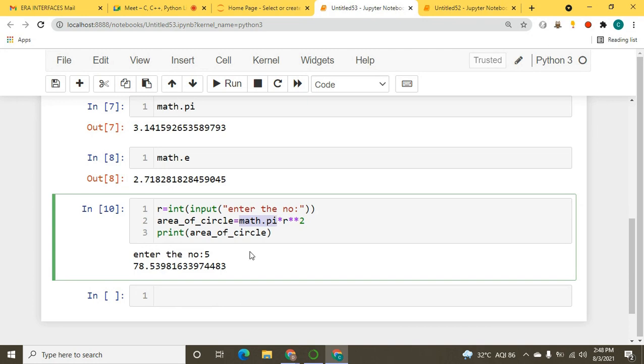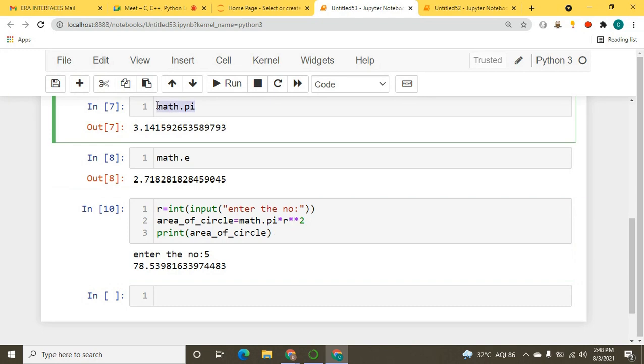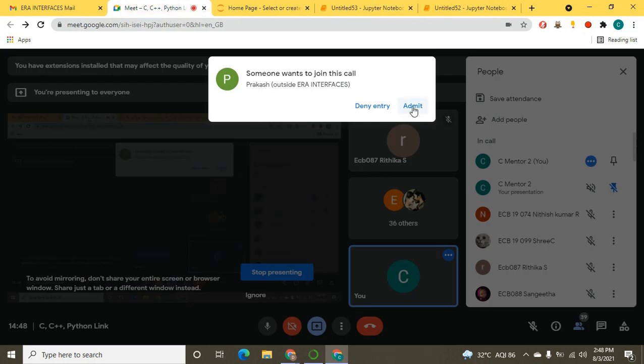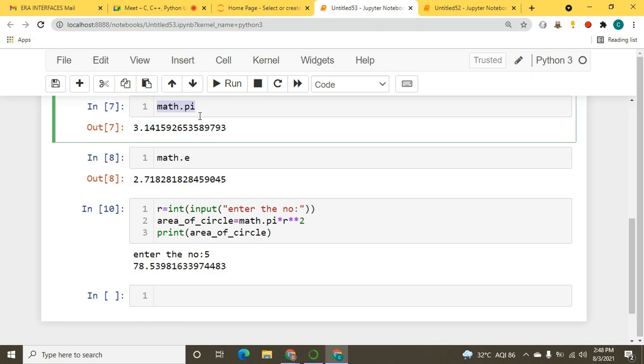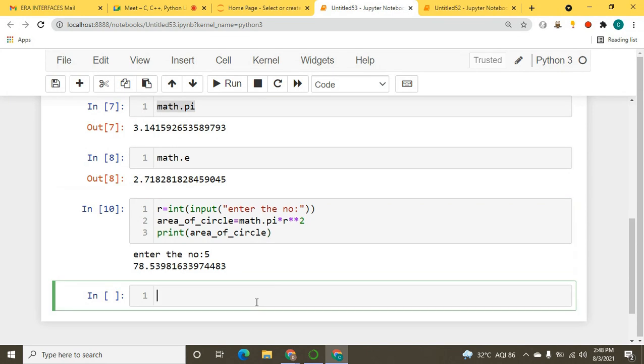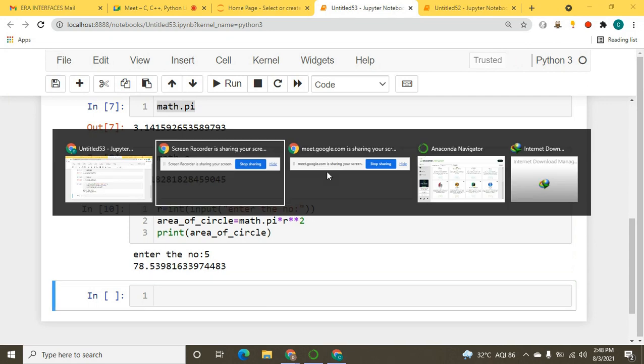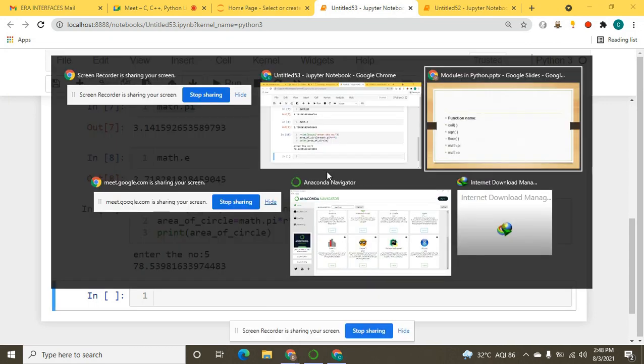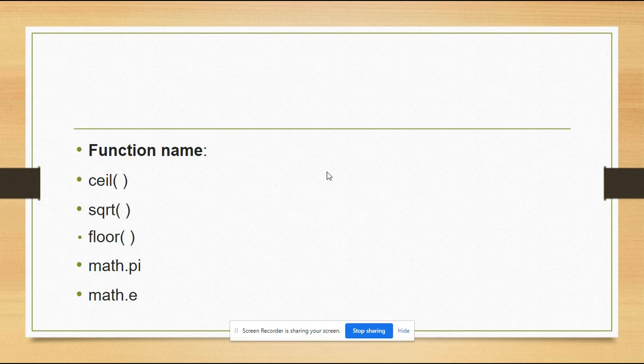Okay. So when I print the area of circle here, I will get the result. So math.pi value, you know very well now, will be taken from here. Okay, so if math.pi is required in the program, it will directly pick up the value. Now we will get the result on our screen similarly like this. So I hope I'm clear with this math module. So similarly, if you want to use some more methods of this math module, you can.